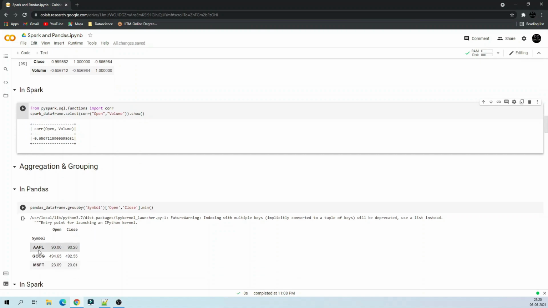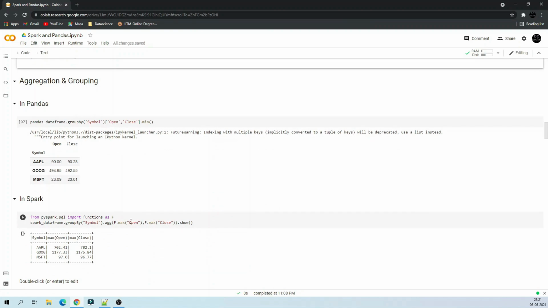For Apple, I can see the overall minimum in the open feature is 90, and for close it is 90.28, whereas for Google it is 494 and 492, and you can also see for Microsoft here.